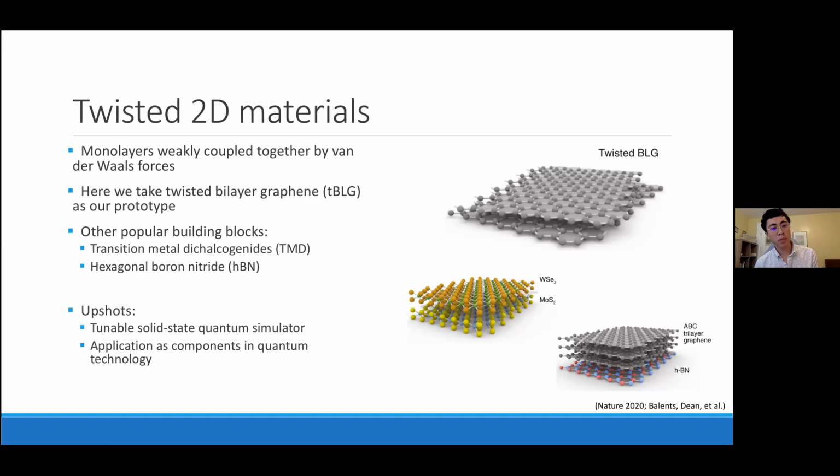Some of the upshots, which I won't be able to get into today, but which I know we'll hear from Cory, and I'm very excited to hear about, are two applications. One is a more fundamental one in a sense. It's that these materials afford us tunable solid state quantum simulators. So we can, in an ideal case, have some Hamiltonian which we want to simulate and construct a moire system, a twisted system, which might approximate that for us. Now there are various caveats, and we'll hear a lot about those. But then the second application is in terms of utilizing these as components of quantum technology in larger quantum devices. And so their tunability will play a huge role in terms of our being able to make these components do what we want them to do.